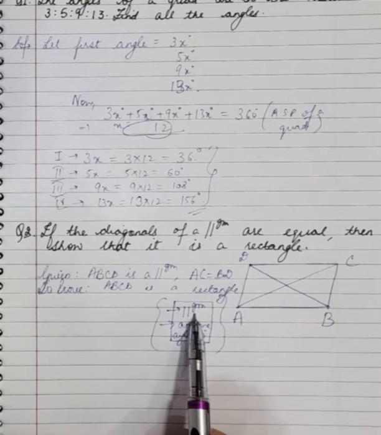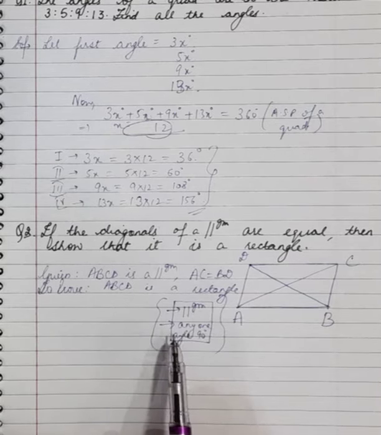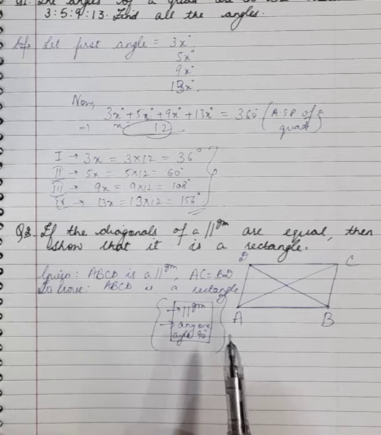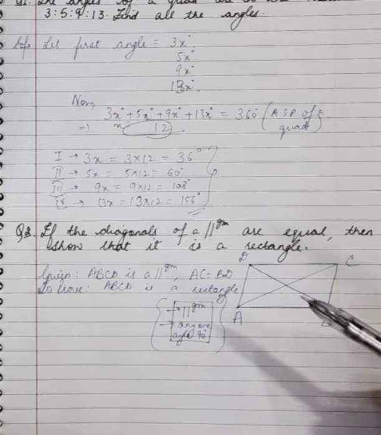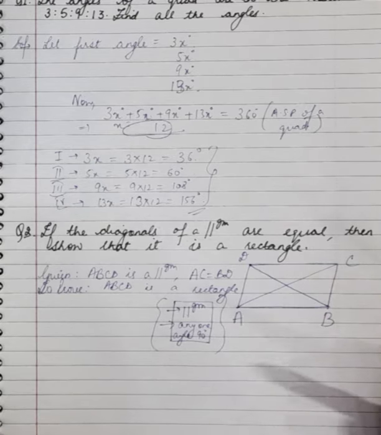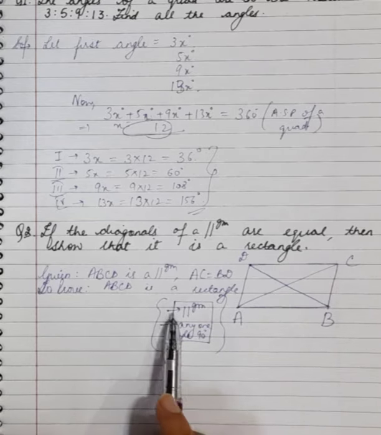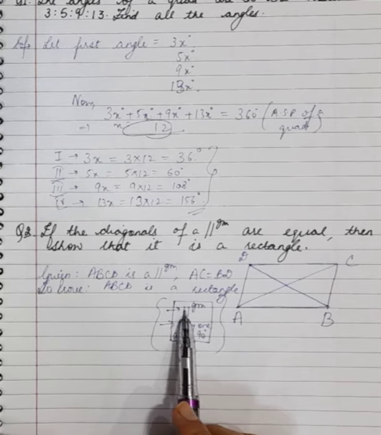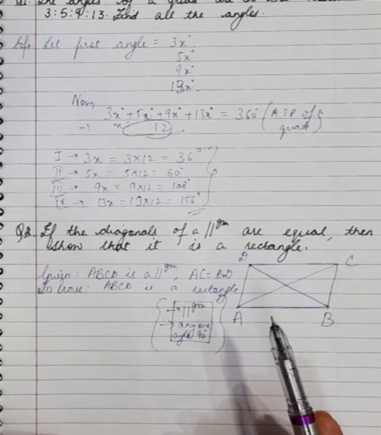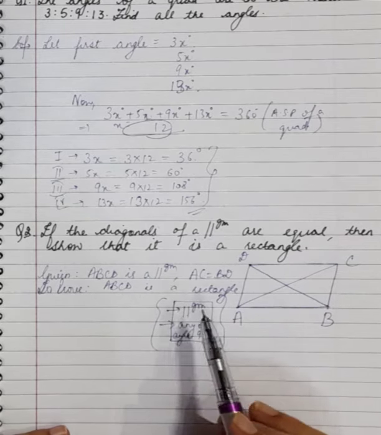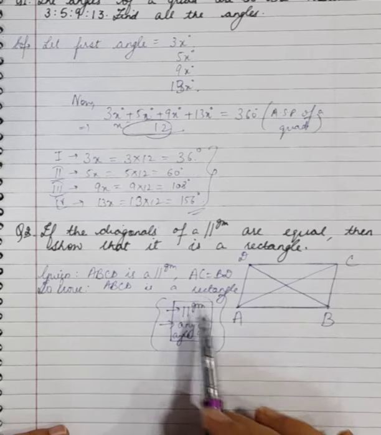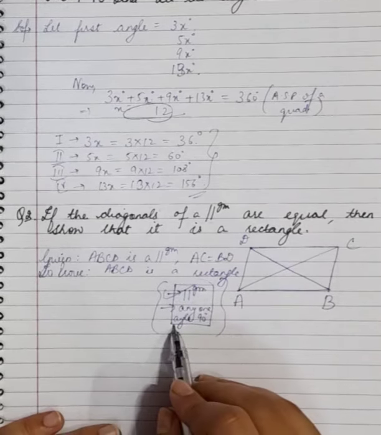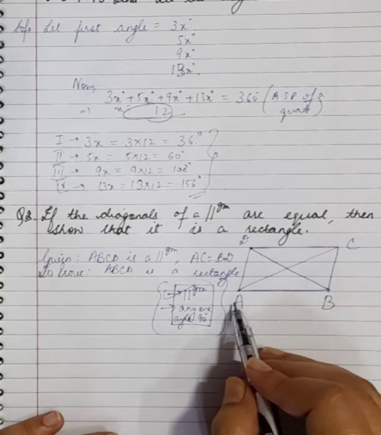The first step is to prove it as a parallelogram. The second is to prove any one angle of that parallelogram as 90. And we know once we prove any one angle of a parallelogram as 90, it automatically turns out to be a rectangle. So let's see how to prove this figure as a parallelogram. See, it's already given as a parallelogram, so there is no need to prove this thing. There is no need to prove this figure as a parallelogram as it is already a parallelogram. So our aim is just to prove any one angle as 90, any one vertex angle.